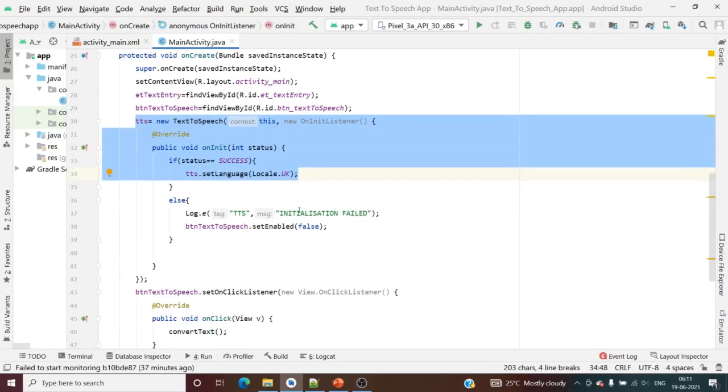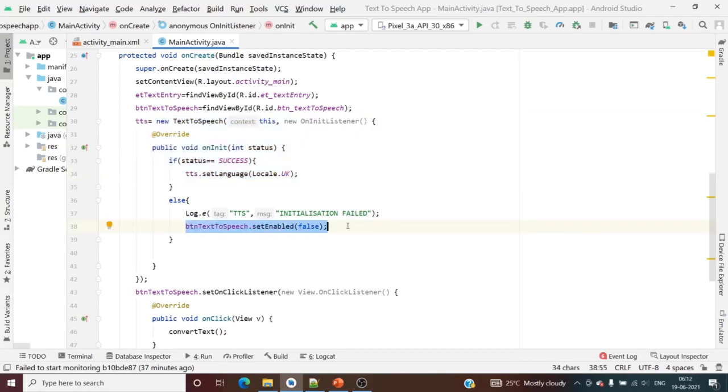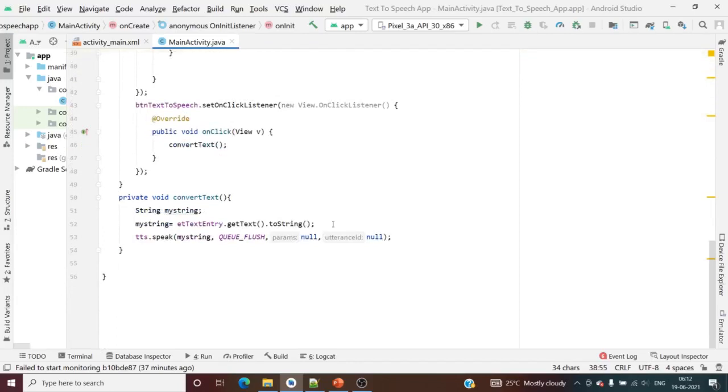If it is not successful, you make an initialization failed message on logcat and then disable the button for clicking. And then you use a simple speak method. That's all. I hope you understood this simple text to speech app.